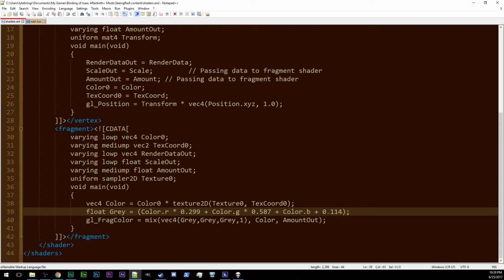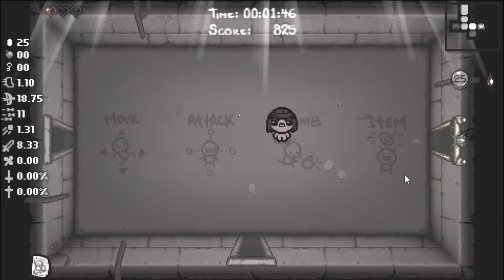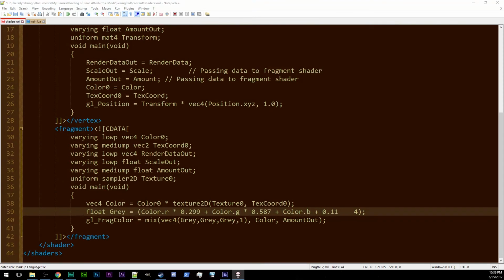I'm not a huge fan of these either. These tend to make it feel washed out to me as well. If I were to make a true grayscale filter, I wouldn't do it like this. But this is quick and easy. I personally would want deeper shadows. So if we go back to Isaac, if you look at this, it's really washed out. The shadows don't seem as deep to me as they do when the colors are there. So personally, I would make a different one in the end. But for the sake of getting something done and running, we can use this for a vaguely psychometric